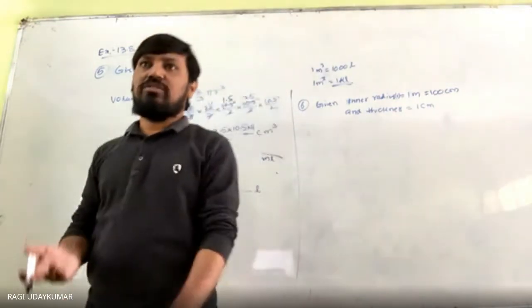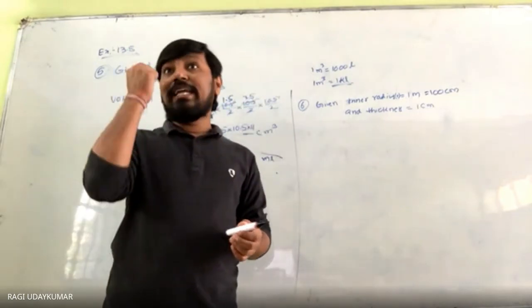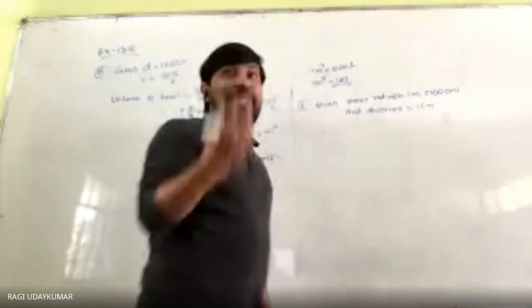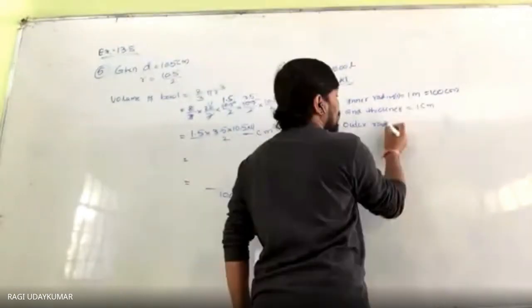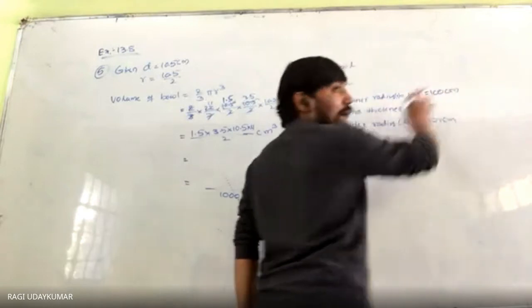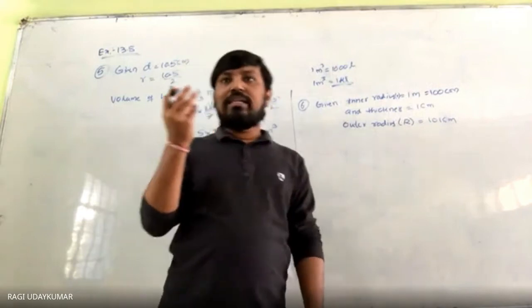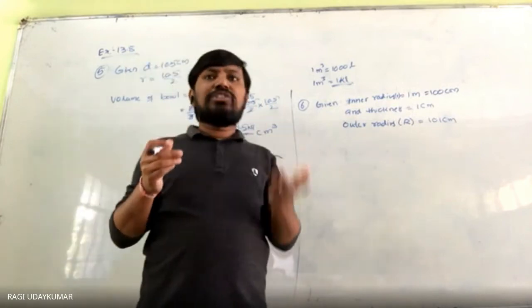Volume is asked to find out. But here it is having some thickness. Volume of the iron used is asked. One spherical shape will be there inside and one spherical shape outside. So what you have to do here? Outer radius we need to find out. Outer radius capital R is equal to 101 centimeters. You have to add both, the thickness, that is made with some iron sheet. So what is the iron sheet used?